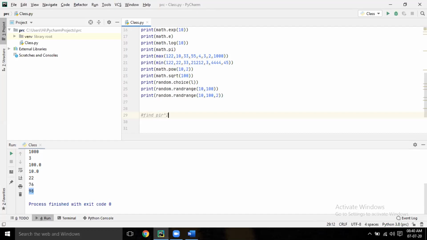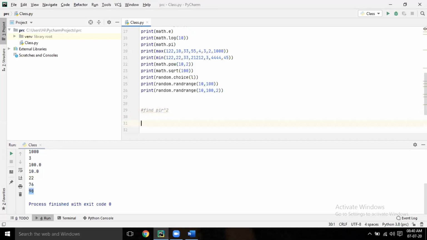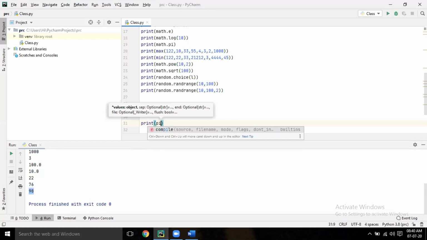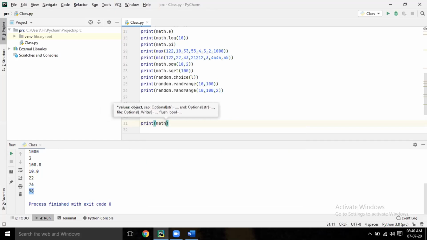Just print math.pi into r square. Use the math function, don't use star, only a single star for multiplication. Into r. How do you write r square?